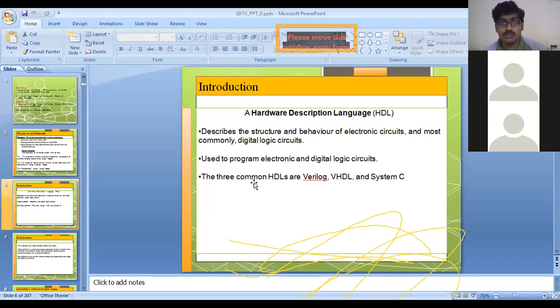You know, we have some advantage in learning hardware description languages. You know that when an IC has to be fabricated, it consumes a large amount of money. Instead of that, we will be verifying on the hardware description languages with the help